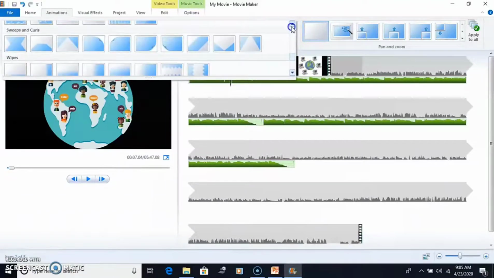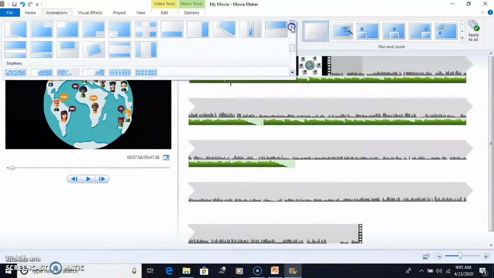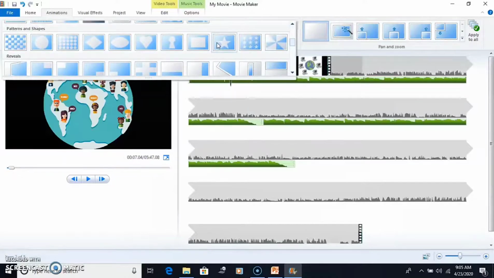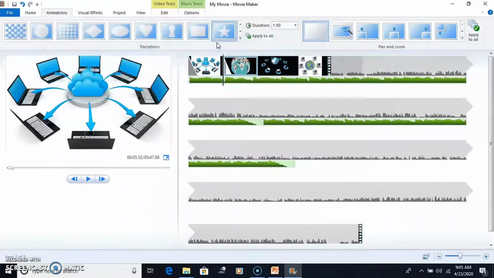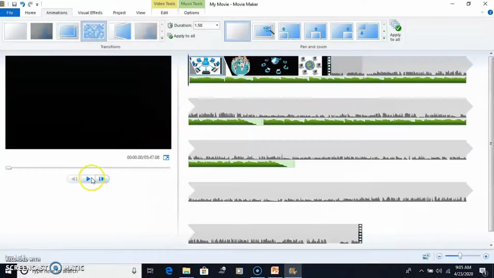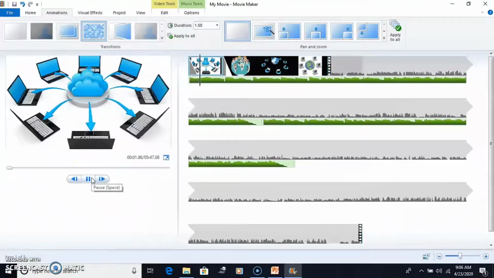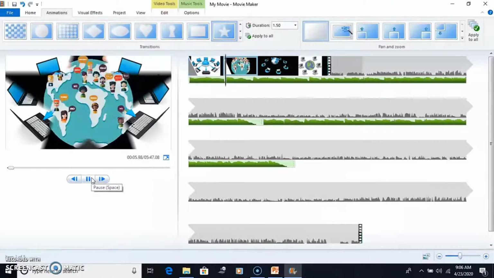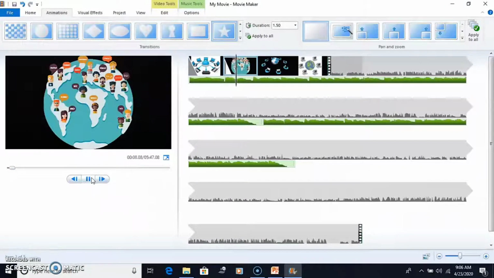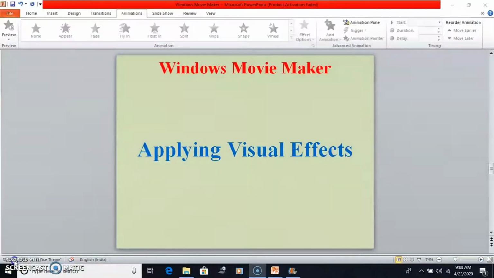From these categories you can choose whatever you want. Okay, now the transition will be added. If you want to see, we can play the movie. This is the way to insert transitions.